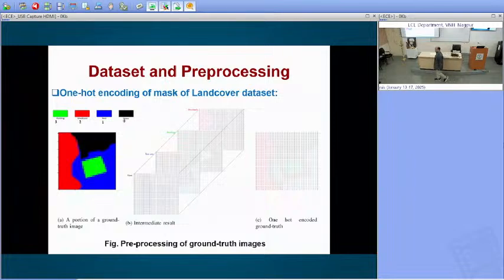You can understand this example very clearly with the land cover data set. So 4 classes, right? And this is the image that you see. This is a portion of the ground truth, not the entire one. Ground truth is just for visualization. So this data, we need to convert. So what is the first step? We have to create the 4 output channels with these colors, right? And then we need to do the